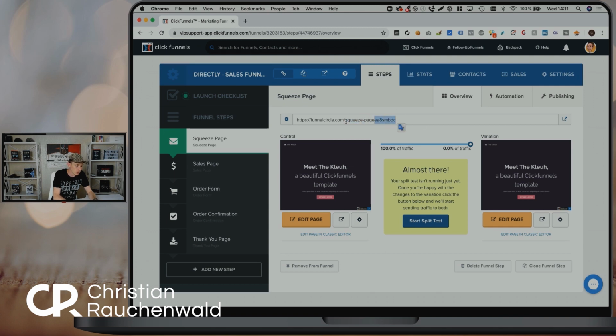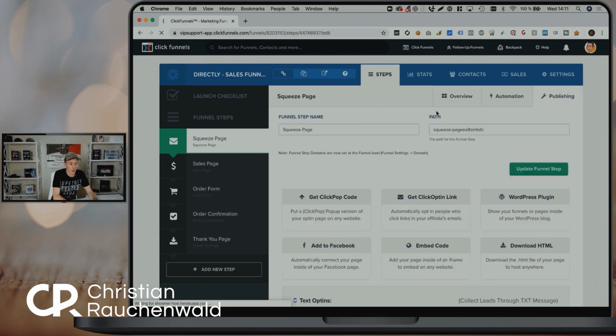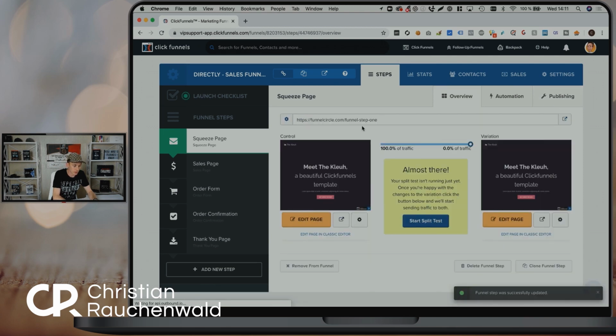And the path that you see here is the path that's set in the publishing area of your funnel, and it actually identifies the funnel step. And this is crucial to understand. It does not actually identify the page that the user will see, but only the funnel step. So I will call this here funnel step 1. It's also something I haven't used before, so you will see it says funnel step 1 here.